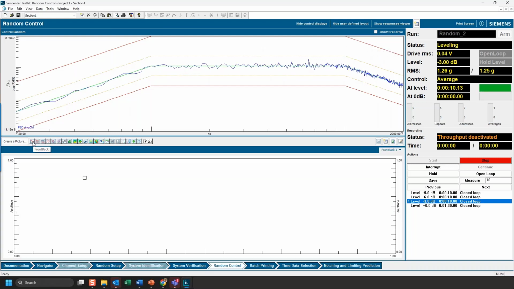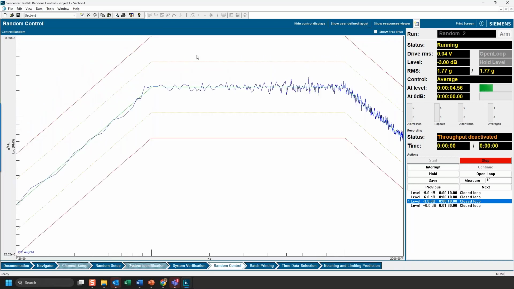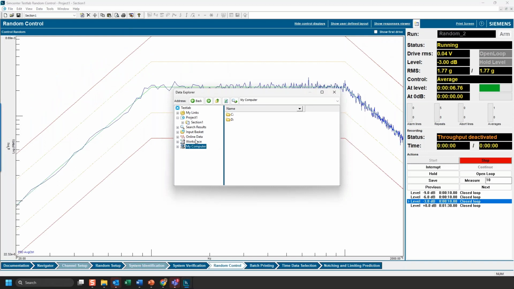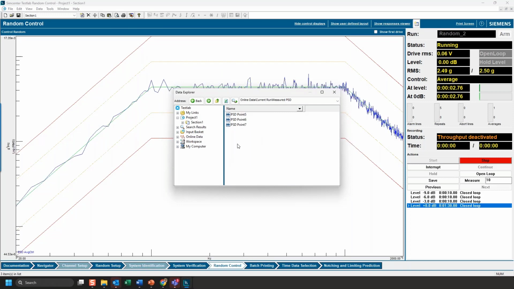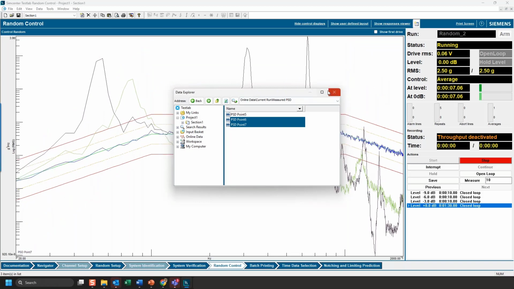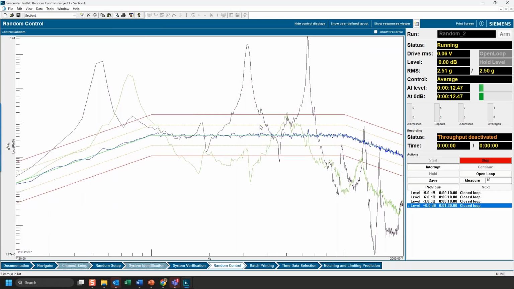I'm also going to hide this, and I'm just going to put our other responses overlaid on top, this measured PS. And now we can see all of our responses on top of our control channel.